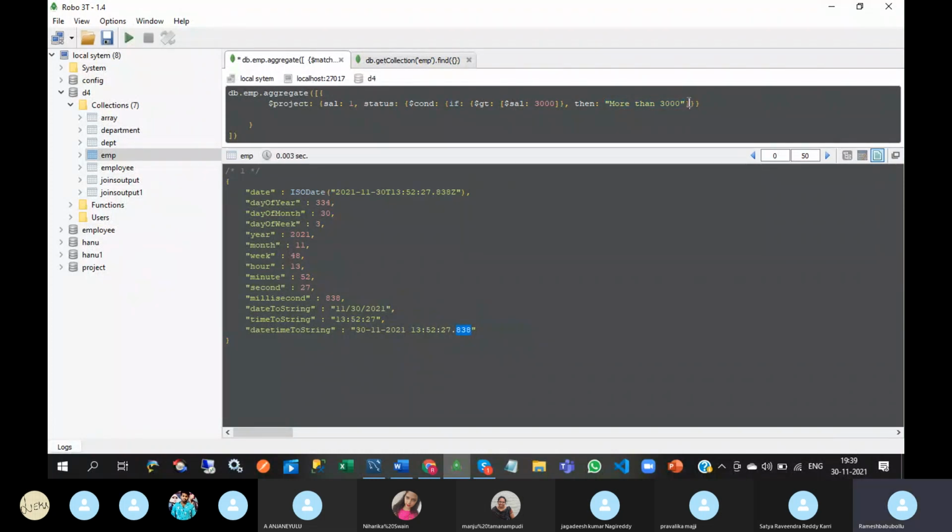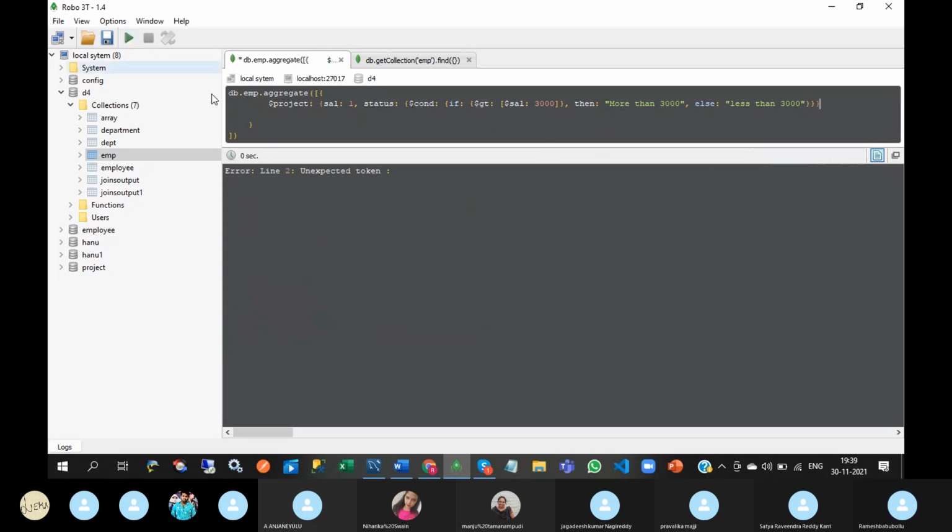Okay. Else, so if it is not happen, then two conditions will be there, like less than 3,000, or brackets, all are fine. I think something has missed.